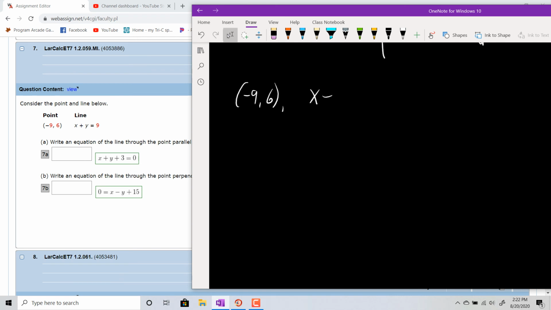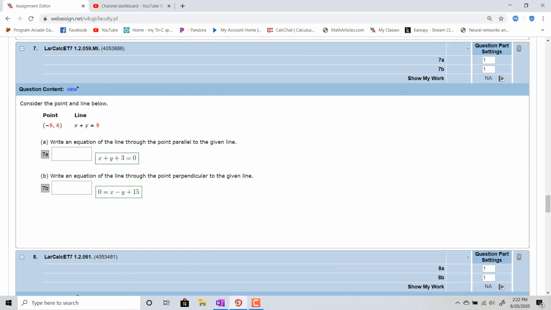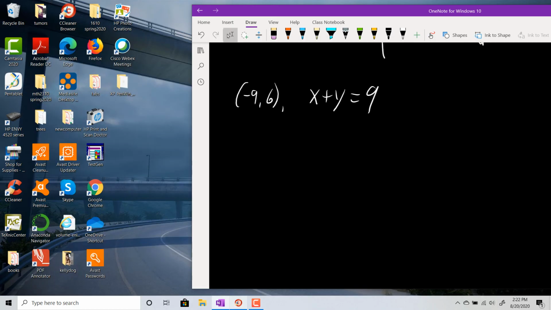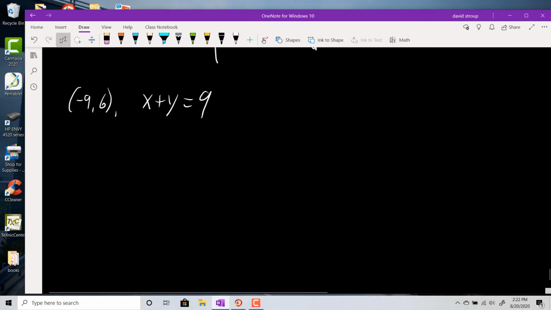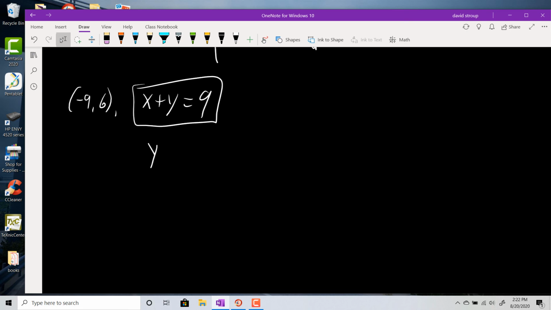The line is x plus y equals 9. Write an equation of the line through the point parallel to the given line. Okay, so to find a line that's parallel to this line, we need to know the slope of this line, right? So put it into slope-intercept form. So y is -x plus 9. So its slope is -1. So a line that is parallel to that line, but through this given point,